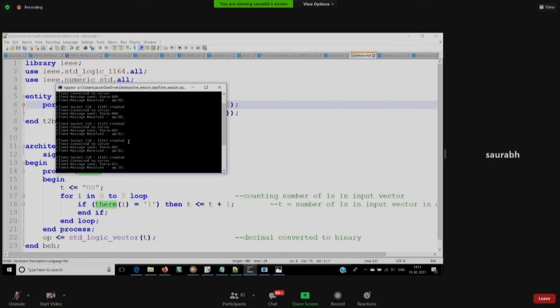Okay, the first cycle. Then you move on, you send 000, you get output as 01. You move a little ahead, 011, you get OP as 10. Then you make all of them 1, then you receive the output as 11, decimal 3.